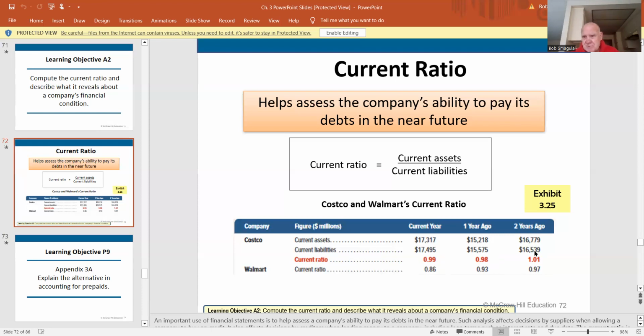These are kind of low numbers. What this means technically is that Costco at that point in time would not be able to pay all of its current liabilities because they have more liabilities than the working capital number. And the same was true a year ago, and it was almost true here. And Walmart, the same thing. Now that makes me think that low current ratios are probably typical of a big superstore. I'm just throwing out an assumption there when I see these numbers, because most companies want them to be bigger than that.